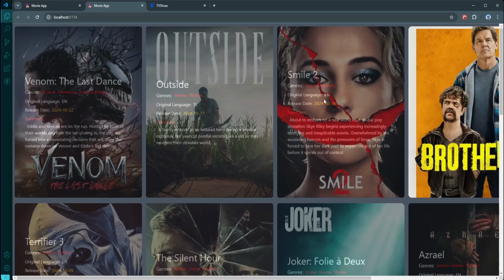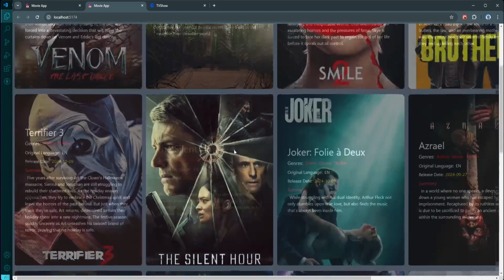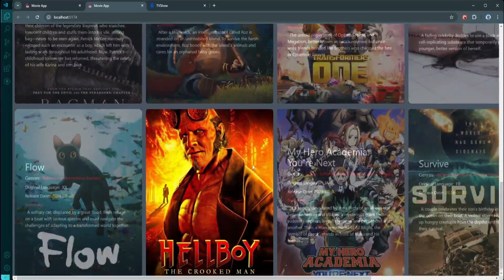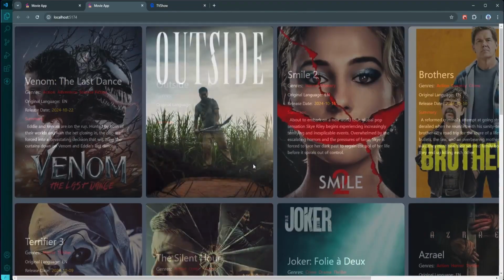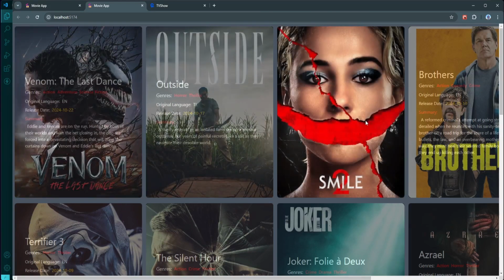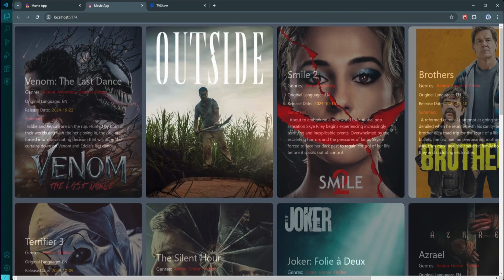Let's go to the browser. So here we go. We have here different cards with different images, titles, and other data of the movies. All right, now let's go ahead and add an interactive effect to our movie cards so that the movie descriptions are hidden by default and only appear when we click on a card. This is where Framer Motion comes in, allowing us to add a smooth transition that reveals the description only when needed. To start, we need to control the visibility of each movie's description, and we will do this by creating